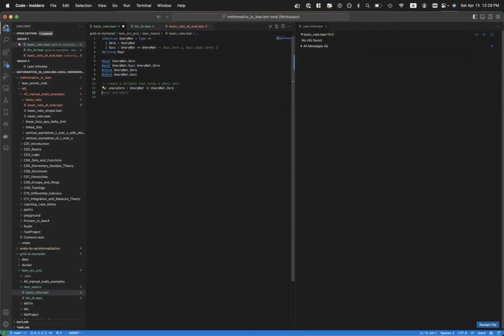And it tells us exactly what we expected. It is this little guy, right? It is unary 0. So at some point, it can be a little annoying to have to write UnaryNat. So I'm just going to say open. But maybe you forget the syntax. What you can say is